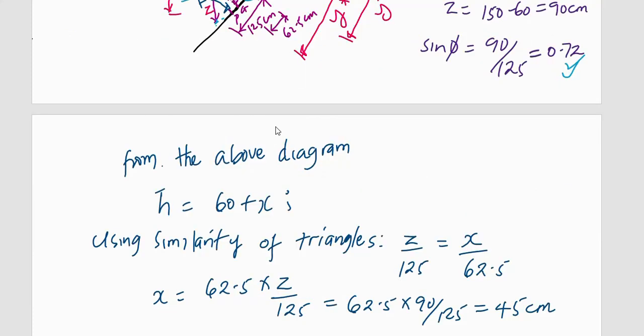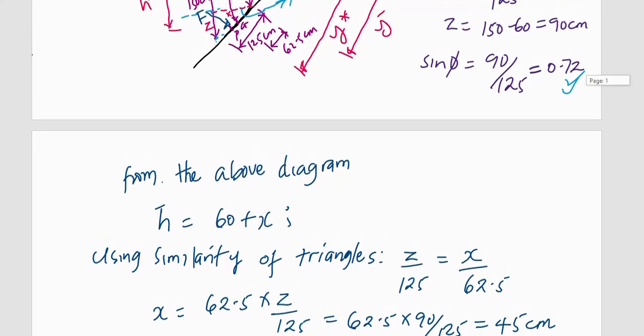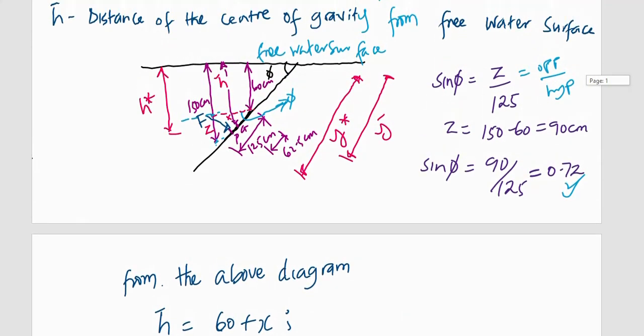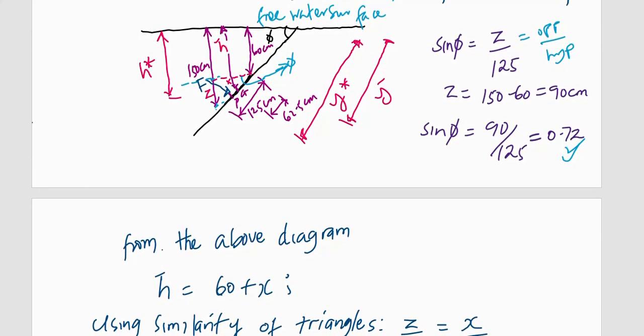h bar, which is the vertical distance from the free water surface to the centroid of this lamina, h bar is equal to 60, that is from here to here, plus x, which is the distance from this point to G. Okay, so that means if I call it x, I can say h bar is equal to 60 plus x,